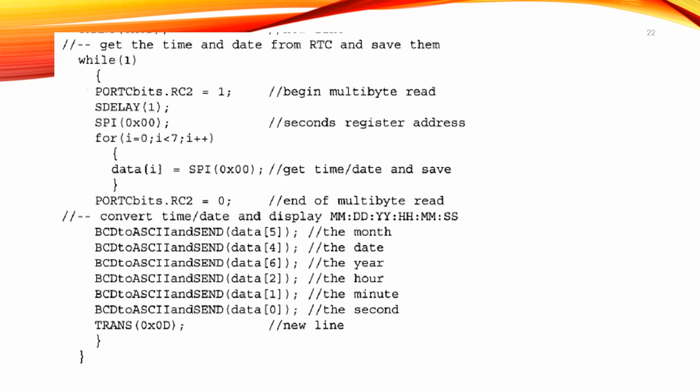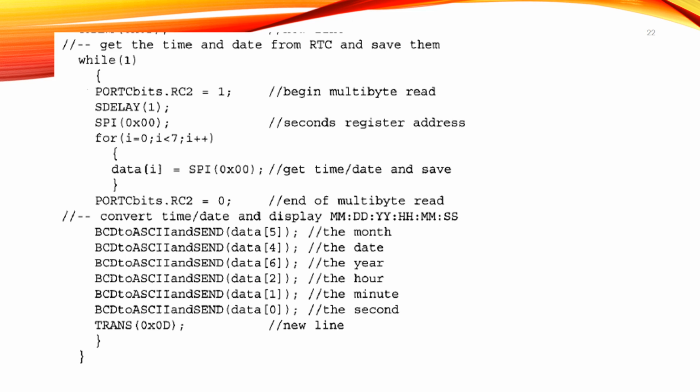Now get the time and date from the RTC and save them. So while 1, port C bits dot RC2 equal to 1, delay 1, SPI 0x00, and the seconds register address is 0 to 7, we get data from SPI 0x00. Get time and date, save. Port C bits dot RC2 equal to 0, that is make the output 0, and now convert data 5, 4, 6, 2, 1 and 0.